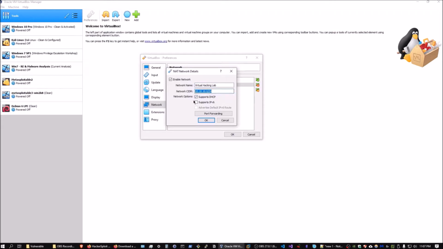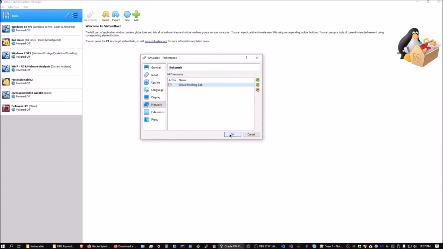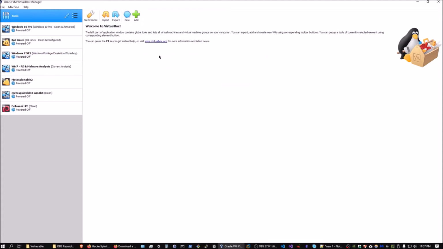And then you want to provide the network CIDR, which we've done over here. And of course, the 24 represents the range. In our case, this is a perfect network range that'll again allow us to add as many network devices or virtual machines to the network as possible. All right. And once that is done, you just want to hit OK, and you should have your NAT